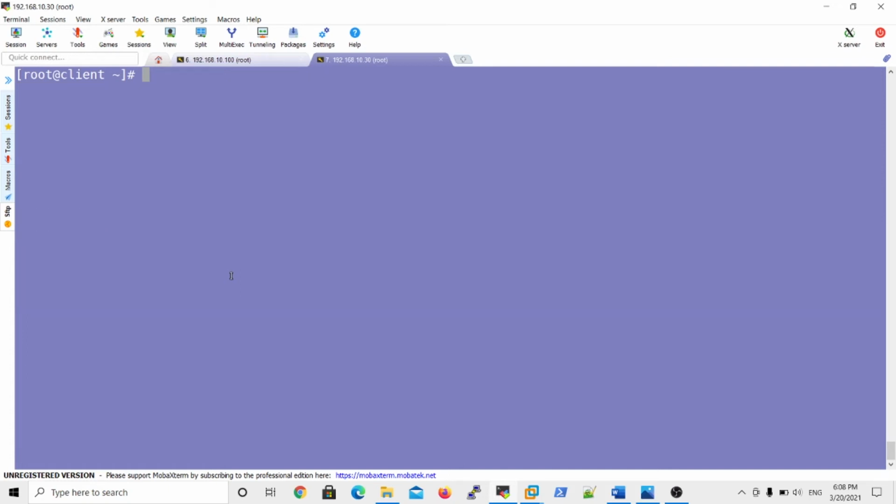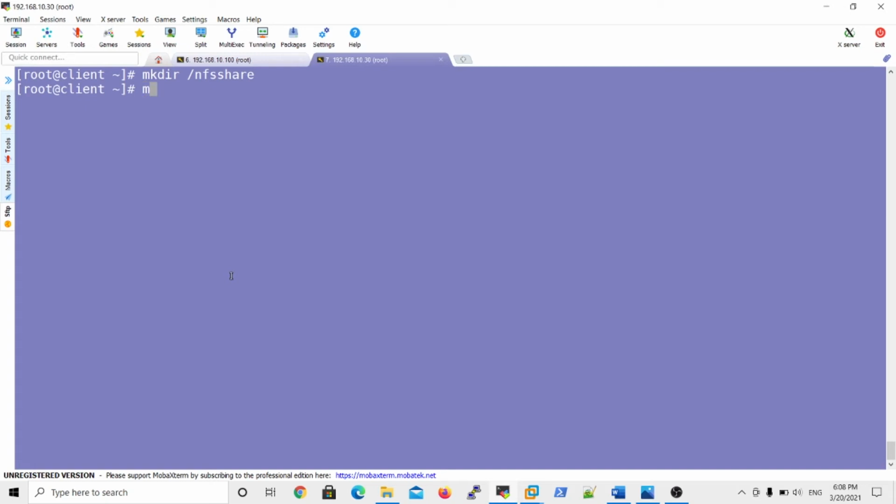Then the next important thing: how to mount NFS resources. First, for mounting we need to create a directory. mkdir is the command. I want to make nfsshare the directory name. Good. So now the client mount directory is successfully created.